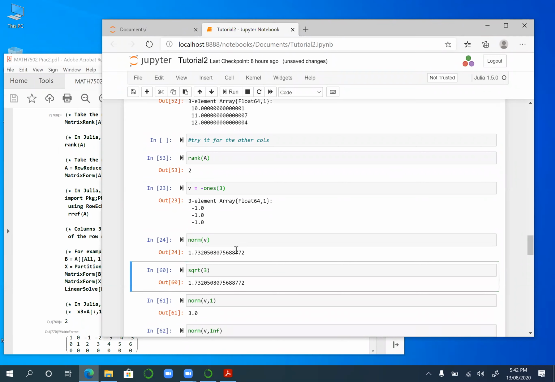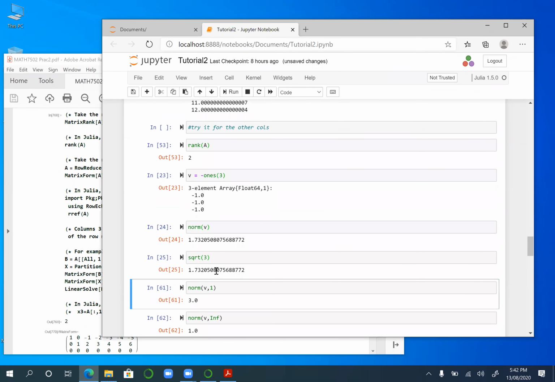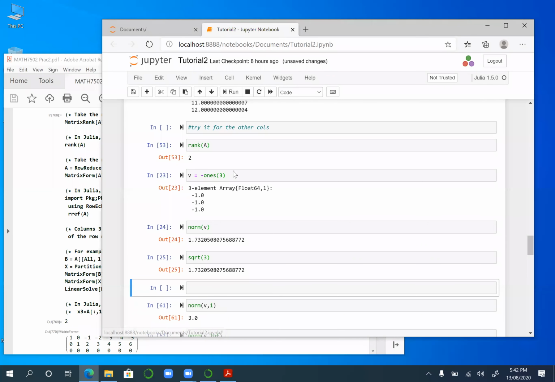Okay, so that's the Euclidean norm, and you can see that this matches the square root of 3. Now, I want to ask another question because Julia should be great at reading LaTeX. So let's try this. I'll insert another cell above. Okay, and if I remember the syntax right, LaTeX would be